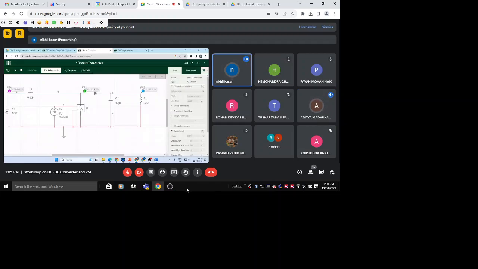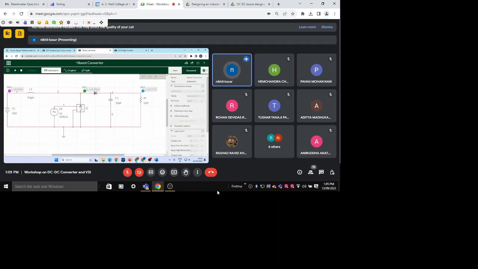You have already designed this inductor, then you have selected this diode and this switch and everything. So while practically making, you can make this power circuit by soldering it together. And then very important is this control circuit. Now there are two ways in which you can generate the gate pulses to this. One is an analog circuit, another is digital. Digital means using microcontrollers. So using analog, if you want to make these gate pulses, then you may go for